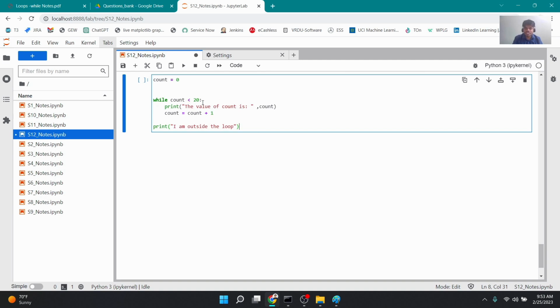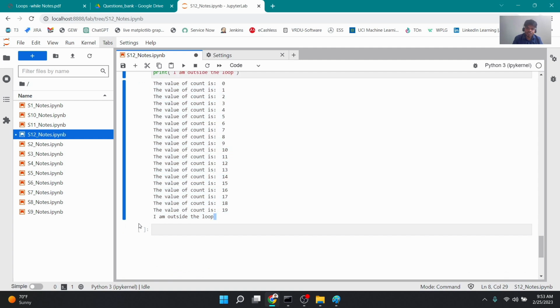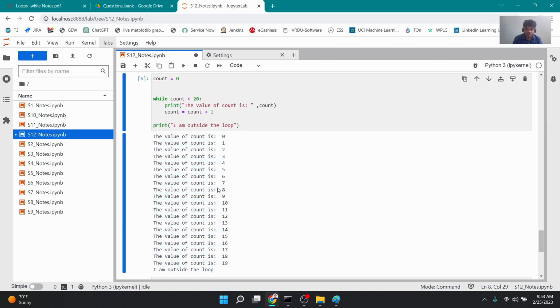Obviously after 20 times the count is printed, I will naturally be done with the loop and I will come out, right? Look at this. But what if I want to suddenly come out of the loop? For example, if my computer or my software detects that this is count 10, then if it is 10, I want to come out of the loop right then and there. And what I can do is